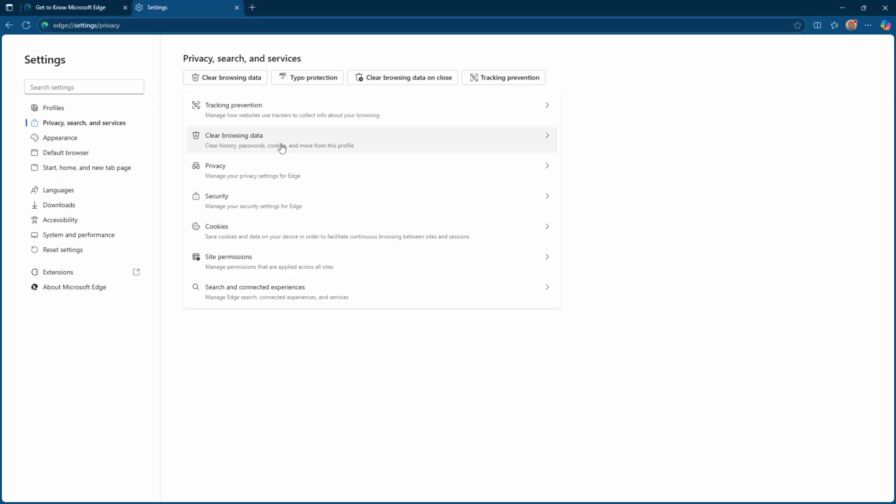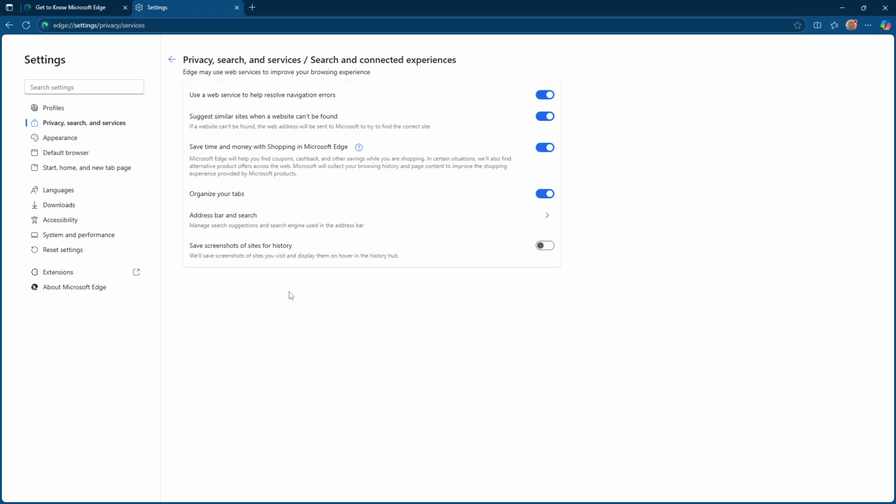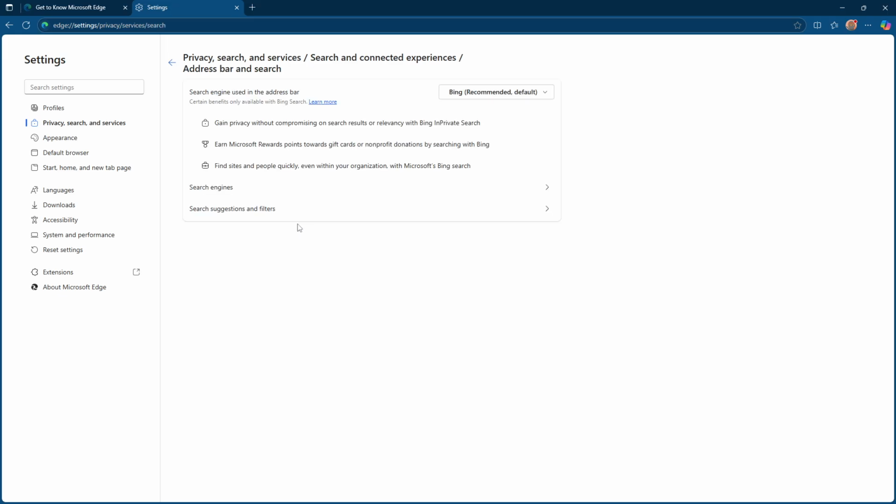Now focus your attention on the right pane that opens up next. You'll want to scroll down until you find Search and Connected Experiences. Click on this and it will expand more options beneath it. Right amidst them you will find Address Bar and Search. Click it. We are getting one step closer to our goal, as this section primarily deals with the mechanics of